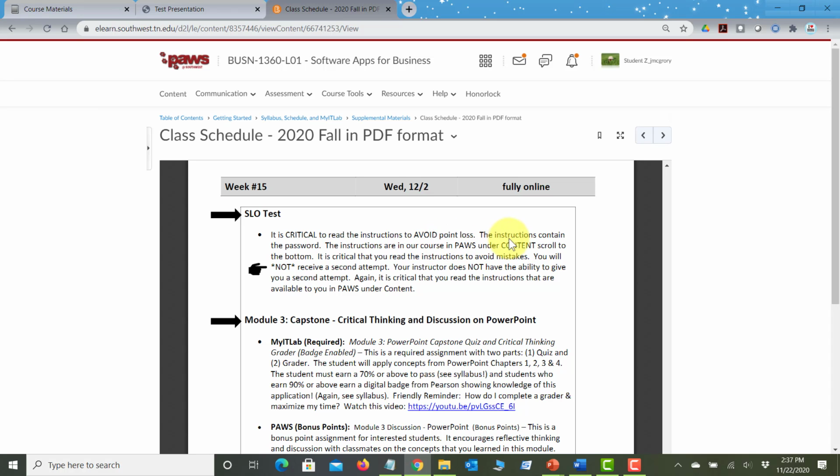It also tells us that the instructions contain the password to the test. So when you're wondering, how do I get into this SLO test? You need the password. It's in the instructions. The instructions are in Pause, under Content, scroll to the bottom. Okay. It says it's critical that you read the instructions to avoid mistakes because, and this is really what I